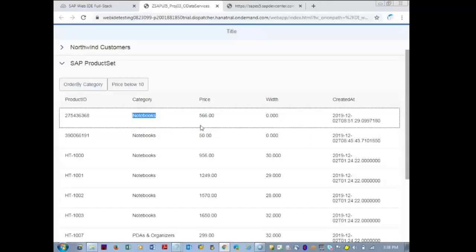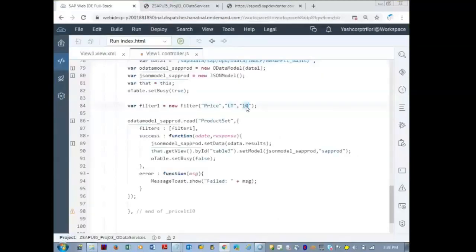Only notebooks. Yeah, same thing here: category EQ notebooks. From the back end till here, when it comes here, that also we can write.